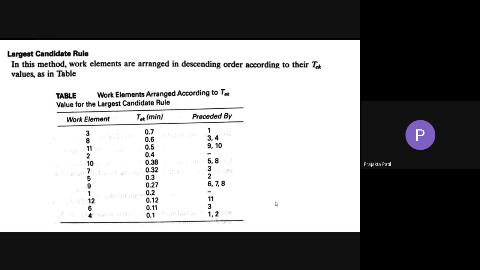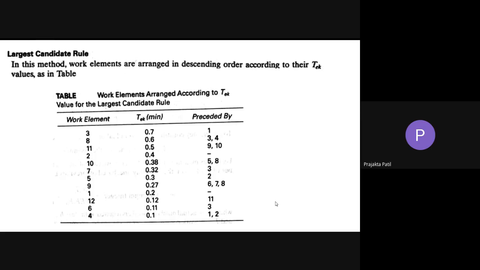So this is the first step. Have you written down this table? Yes. Shall I proceed to the next step? Okay, ma'am.